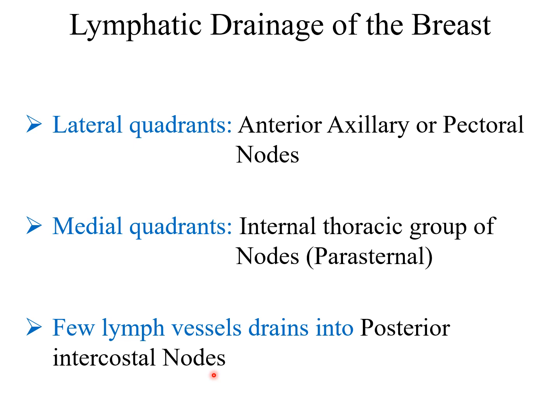So, for the purpose of description, 75% of the breast lymphatic fluid is moving towards the axillary lymph nodes. That's why whenever there is carcinoma of the breast and there is a removal of the breast, axillary lymph nodes are also removed, because they are most commonly involved in carcinoma of the breast, containing secondaries. So 75% of the lymphatics are going to the axillary group of lymph nodes, and the remainder is going into the internal thoracic as well as intercostal nodes.